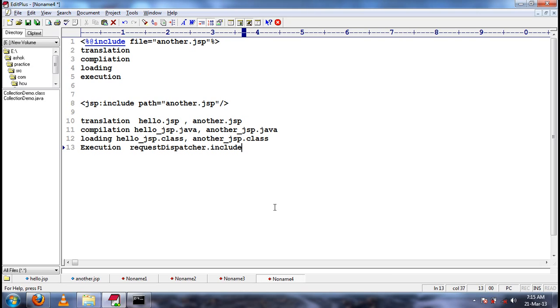Understood the difference between include directive and action include?